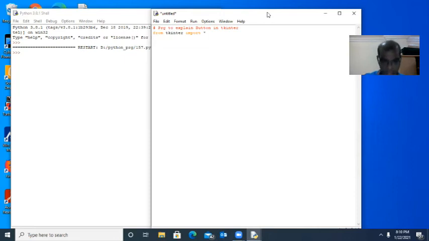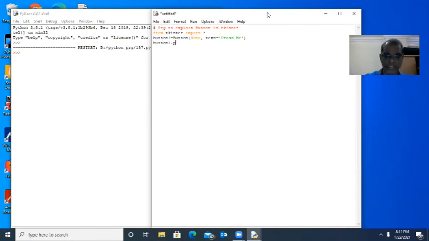Then button 1. Button 1 equal to Button. Here also we are not using any top level window, none. The text equal to, within single quote, press me. Then button 1 should be packed.